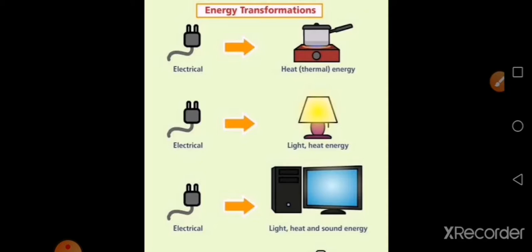Now, what is electrical energy? The electrical work done per unit time, or the rate of doing electrical work, you call it electrical energy. Simply, what is energy? Work done per unit time or capacity to do work, you call it energy, isn't it? So the same definition, you are adding the word electrical in front of energy and work. That is, the electrical work done per unit time or the capacity to do electrical work, you call it electrical energy, isn't it?